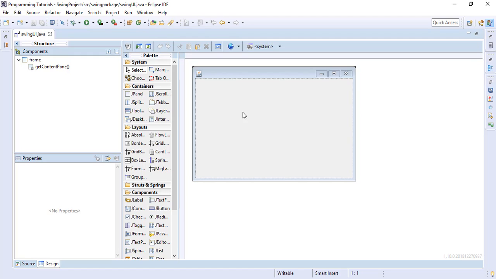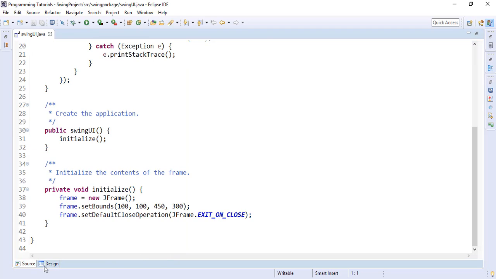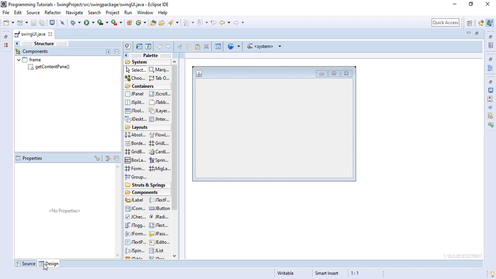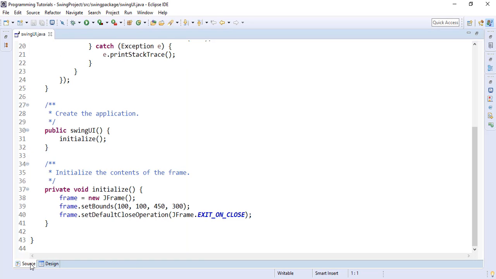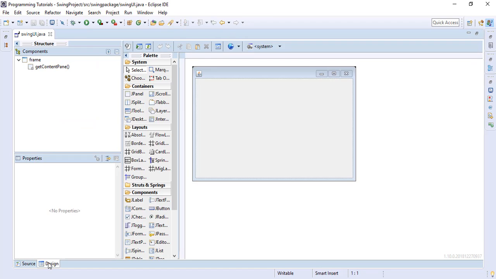So this is our design view. If we want to go back to the source code, we simply click on source. So we can be switching between the two to write our codes or modify the UI. So again, the source view or the code view will provide for us an interface to view, review, or write our codes to enable our application to perform some tasks, while the design view will give us the visual layout